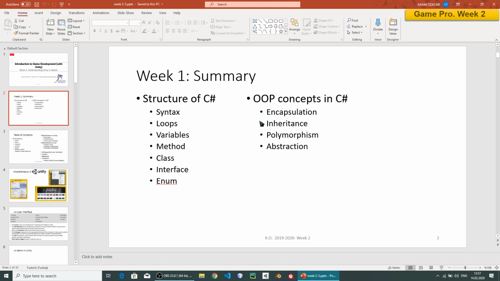And for inheritance, we had the extends keyword in Java, but in C# we don't have that one. We have just, how do they call it? We have this one, I don't know how to say it, the colon. We have a colon in C#. And then